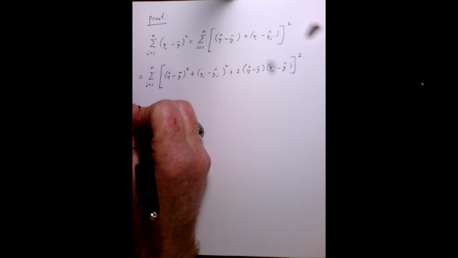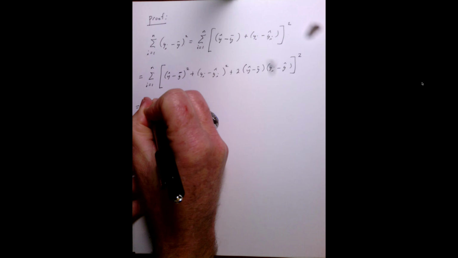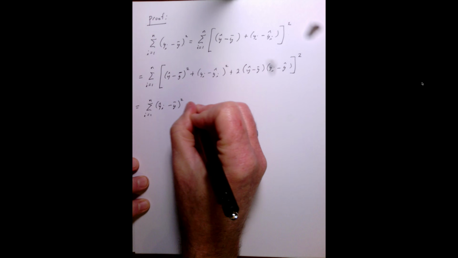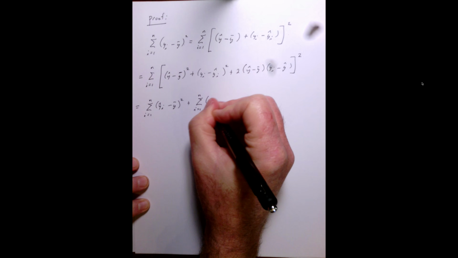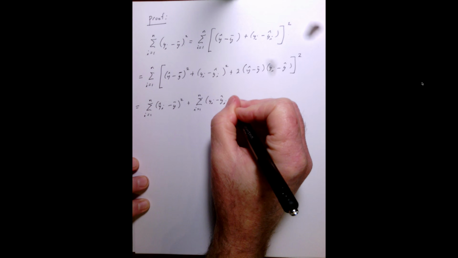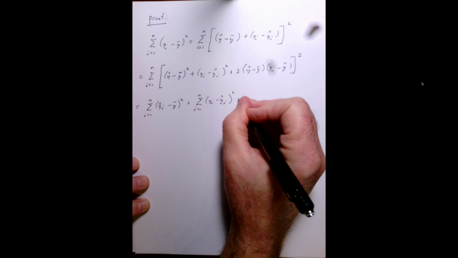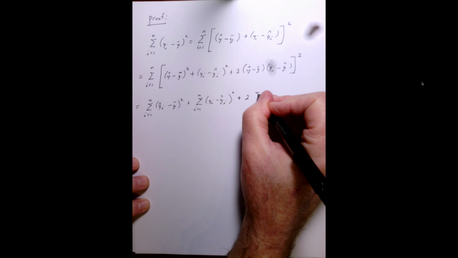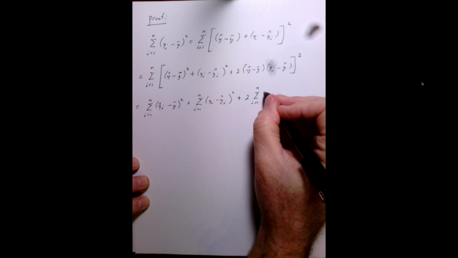All right, next thing I want to do is just distribute the summation through. Nothing fancy here. Sometimes I get in a hurry here and my summations turn out to be just super ugly. And then plus 2 summation i equal 1 to n of